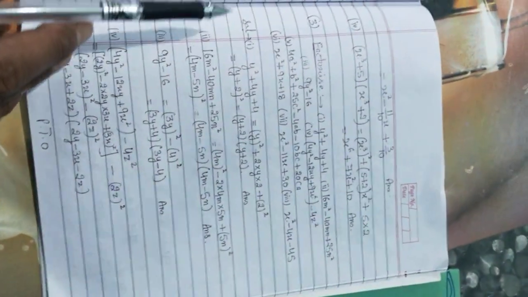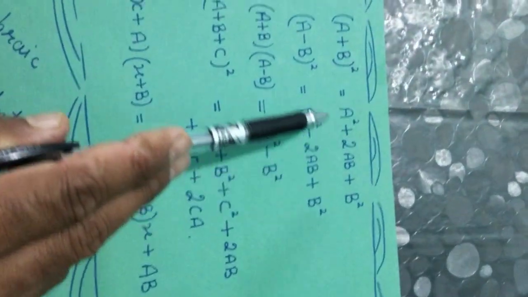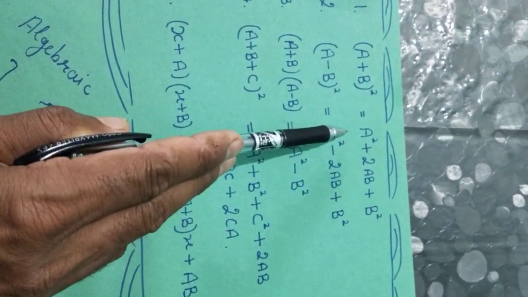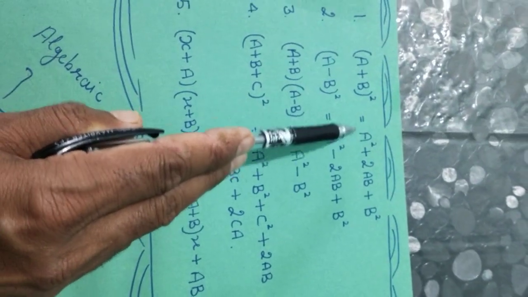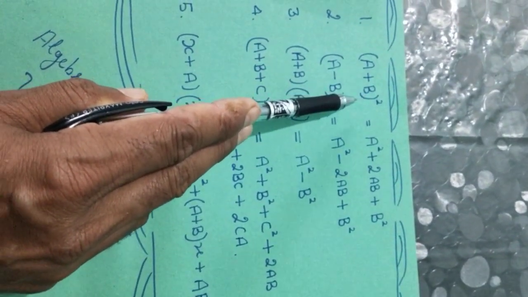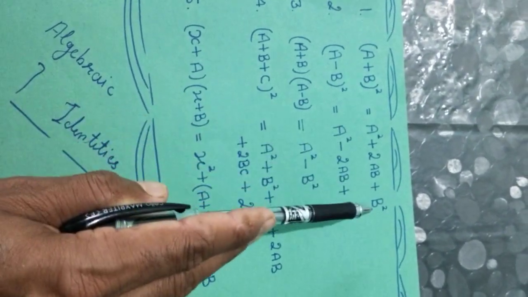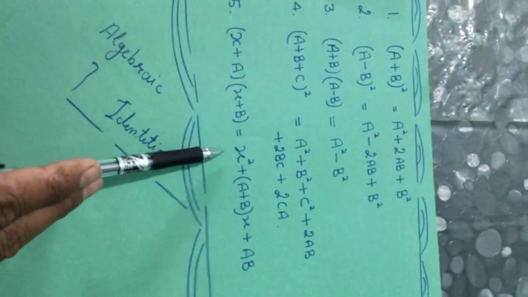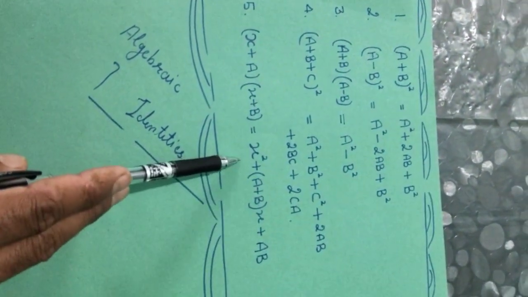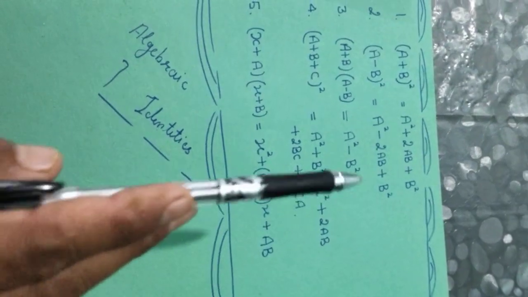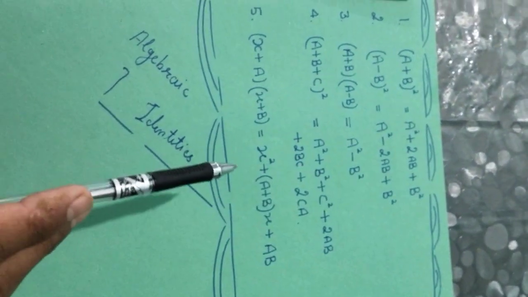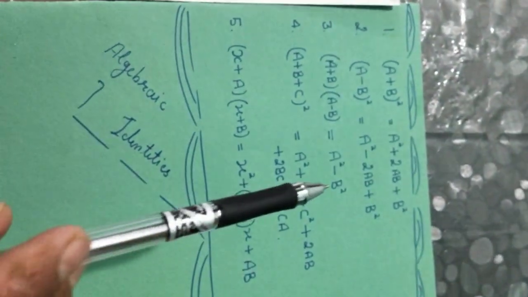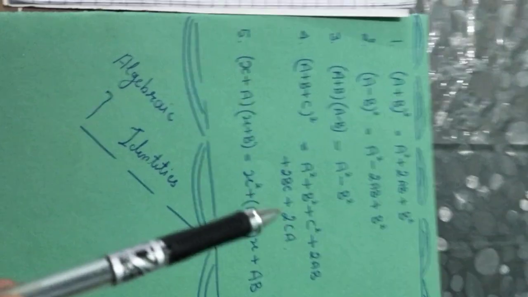This is according to worksheet 1 and 2. Here these two numbers a and b are perfect square numbers. In both identity first and second, a square and b square are perfect square numbers. But in the case of identity fifth, a and b are not perfect square numbers. That is why we can use identity fifth. This is the major difference between identity first, second and fifth in the case of factorization.